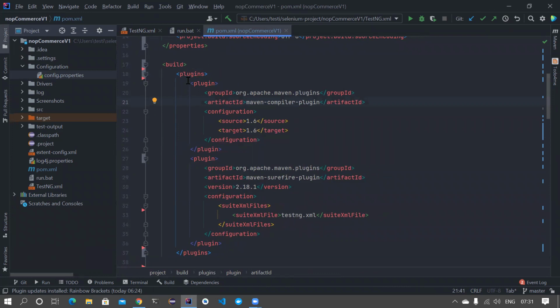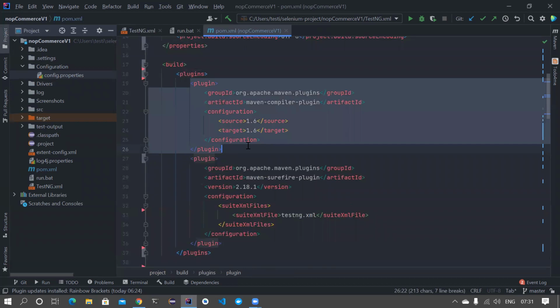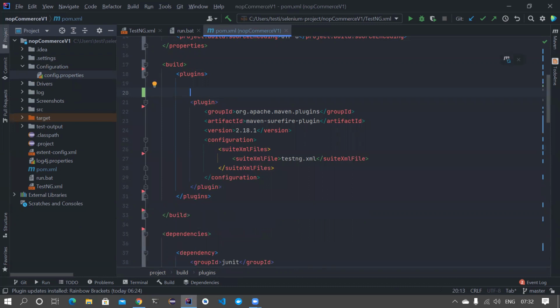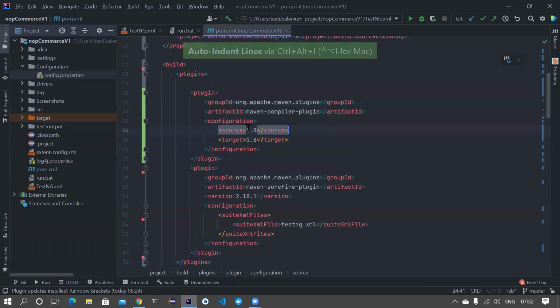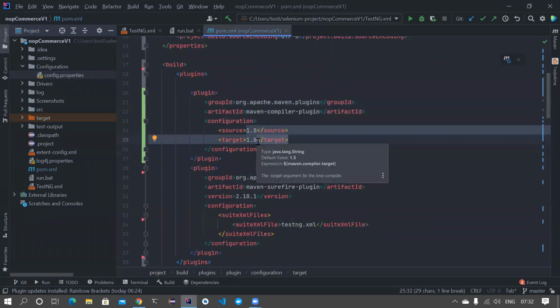Again, if you are someone who doesn't know what this plugin is, or you want to add it, suppose if this is missing, I already have some tricks. If I just type compiler, you'll notice it's auto populating in my IDE. If you press enter, it basically adds that for me. I just align it back, so I know that I have added the right one. So how can this be done?